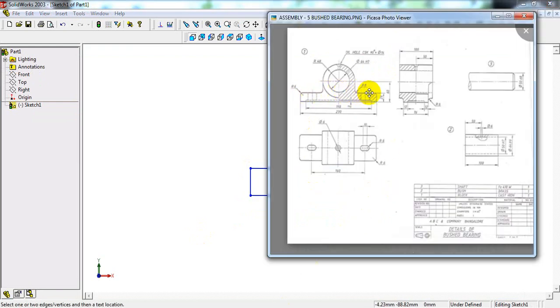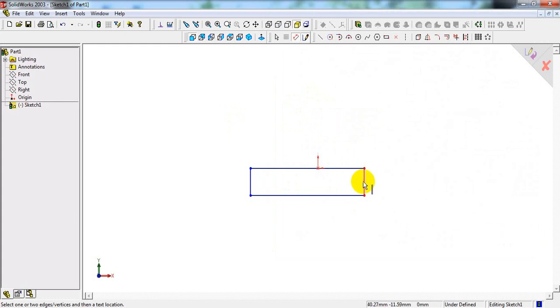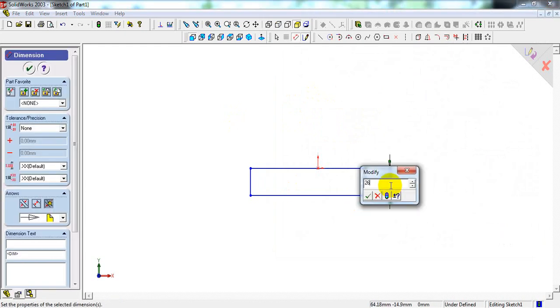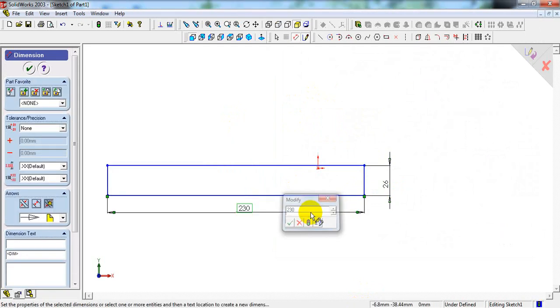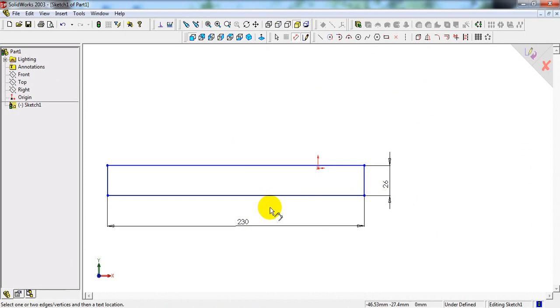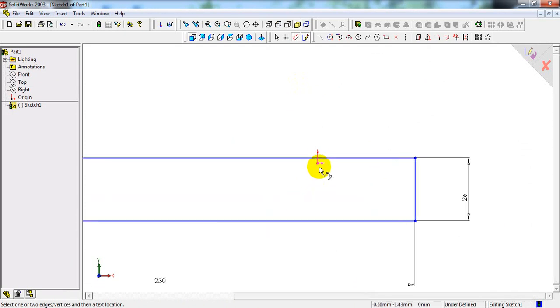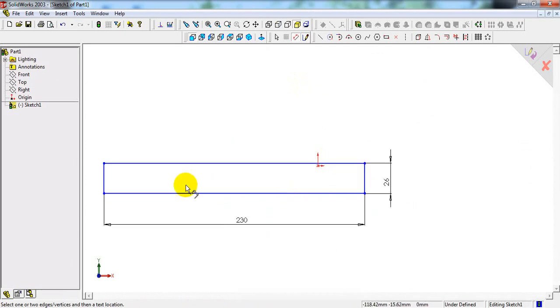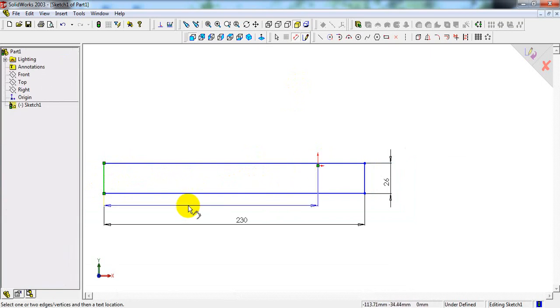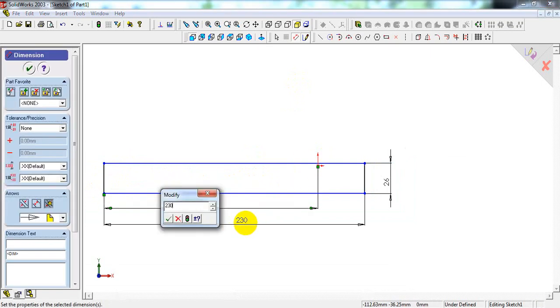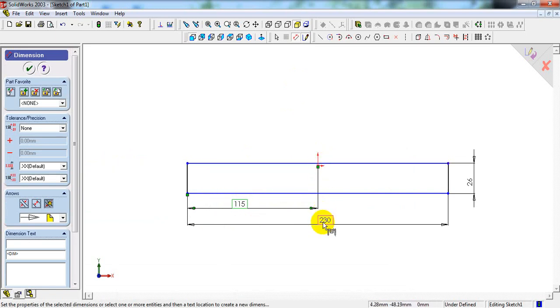First we will do the dimensions for this base, that is height of 26, length of 230 mm. From this left vertical edge to origin point, take it as 230 divided by 2. Let us make it center of the origin.